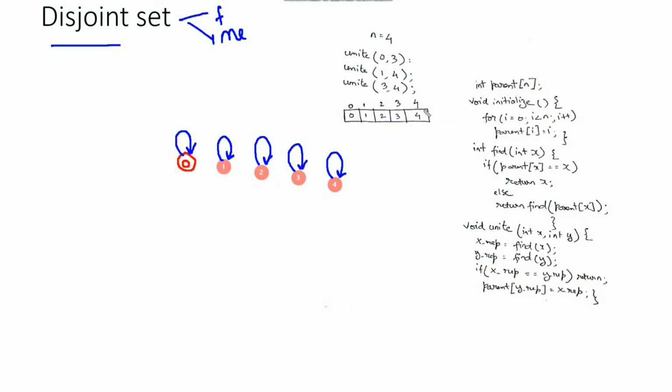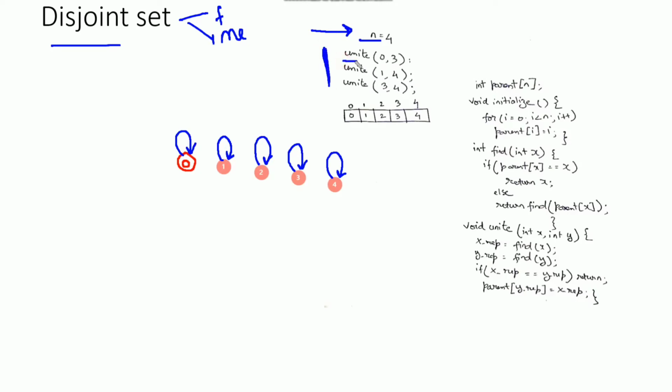This is the code which will help to perform find and merge operations. Initially, suppose the value of n is 4, which means there will be data ranging from 0 to 4: 0, 1, 2, 3 and 4. These are the data, and these are the operations we need to perform.